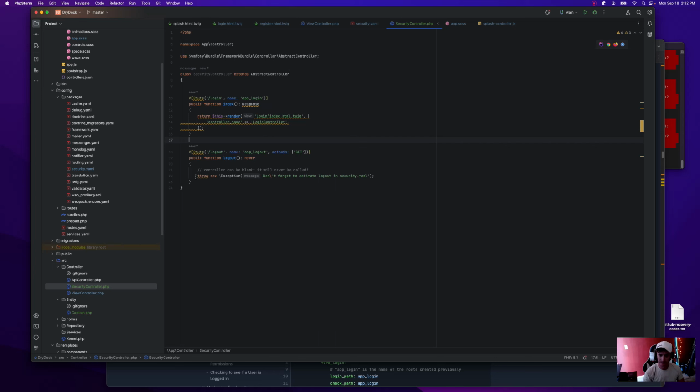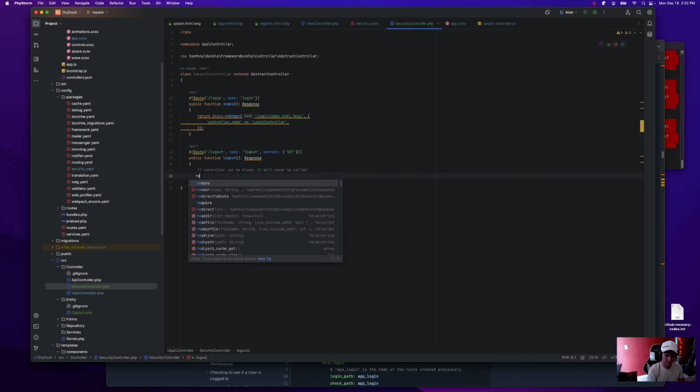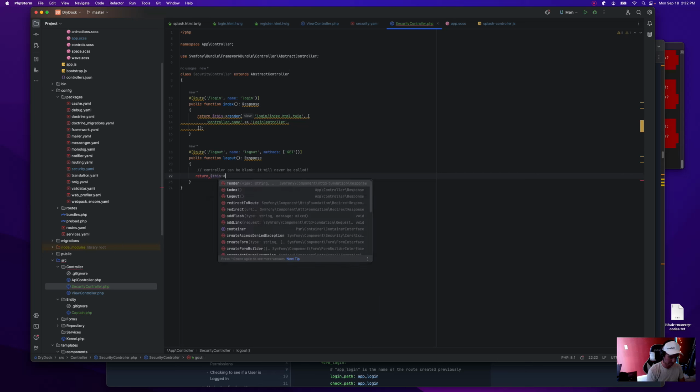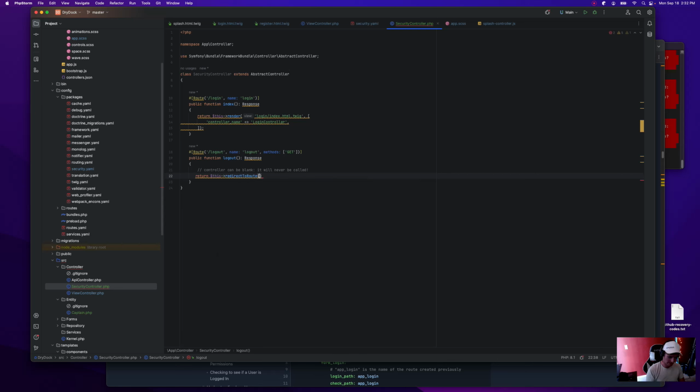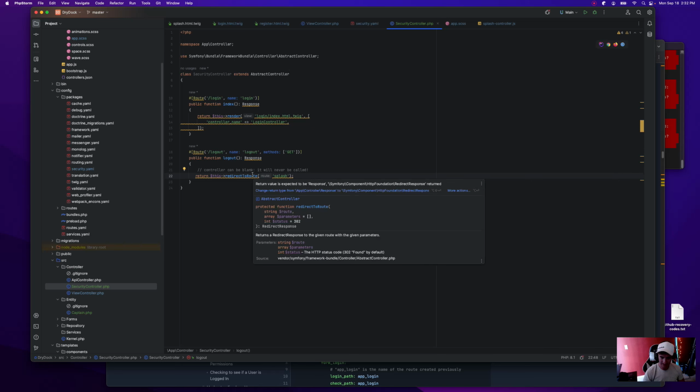Cool. Log out. Redirect to route, splash. Why are you so unhappy about this?